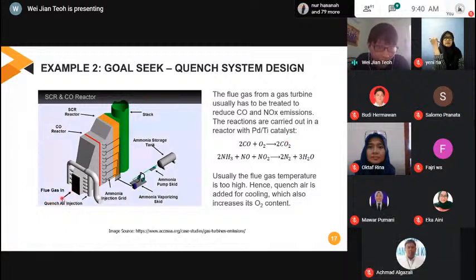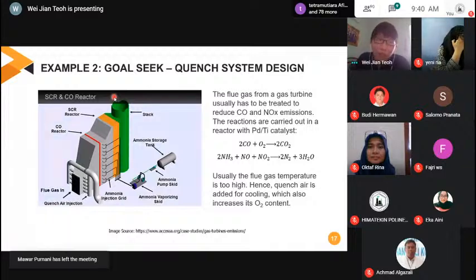So we have flue gas entering through here. Because the temperature of flue gas is high, usually we have some quench air injection. By absorbing air from the atmosphere, we mix the air into the flue gas, the temperature goes down, it goes into the reactor, and then out the stack. So this is a simple quench system design for a gas turbine.